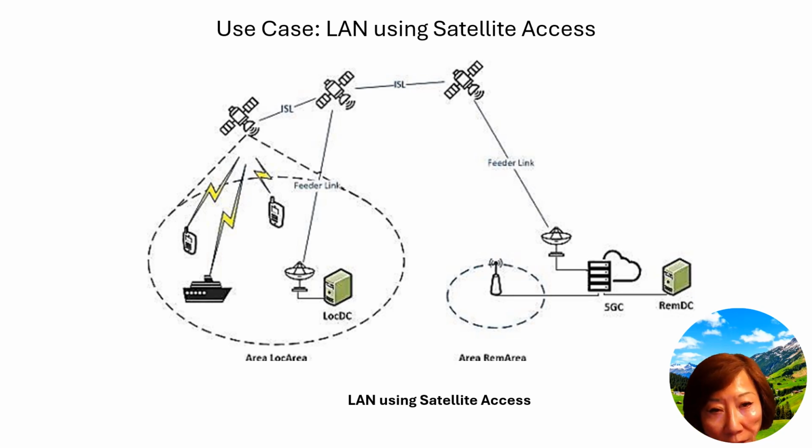So what is it saying here? Let's take a look at what the elements in the picture are. We have LOC area. LOC area is short for local area. I don't know why it's shortened that way; it's a bit confusing. This represents the remote location where the scientific expedition is taking place.